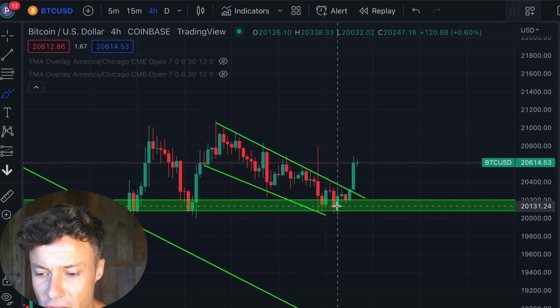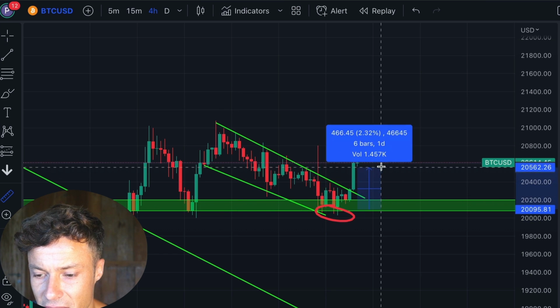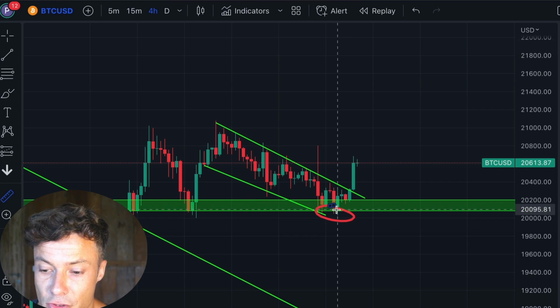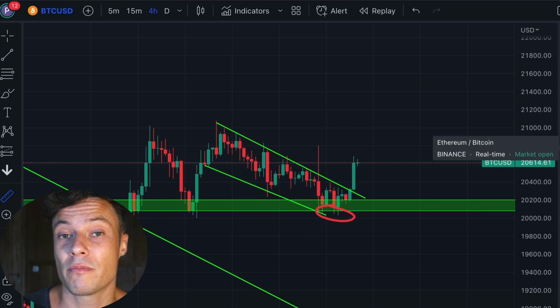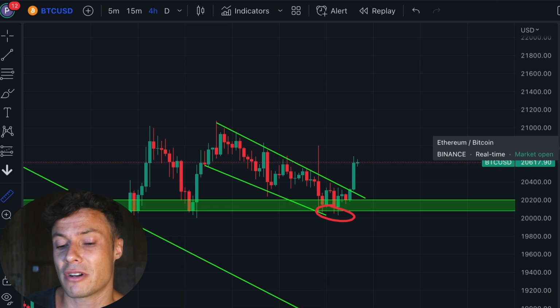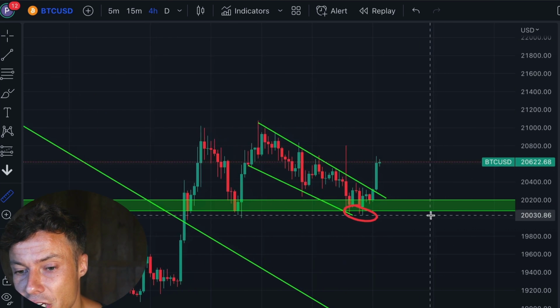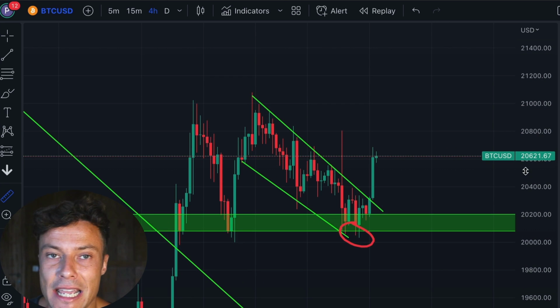So, you know, if you bought into this second confirmation at this level down here, then what are you looking at? You know, 2.6% right now. If you're using leverage, say a 10x, that's like 20%. You get the picture, guys. Obviously, don't use leverage if you're inexperienced in trading, because it's a great way to lose lots of money. And I will continue to tell you more about how to trade, and also with leverage, later on into the